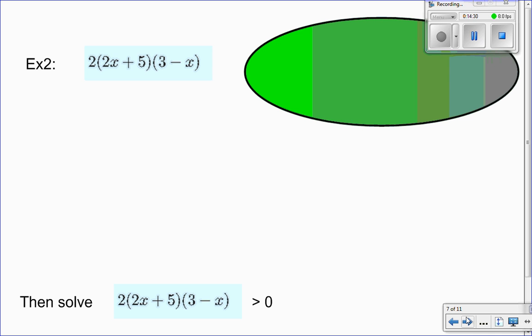Okay, another example. So we're given this function. Notice this coefficient out here doesn't have an x with it, so it doesn't give us a 0. It doesn't really affect our sign diagram at all. To find the zeros,